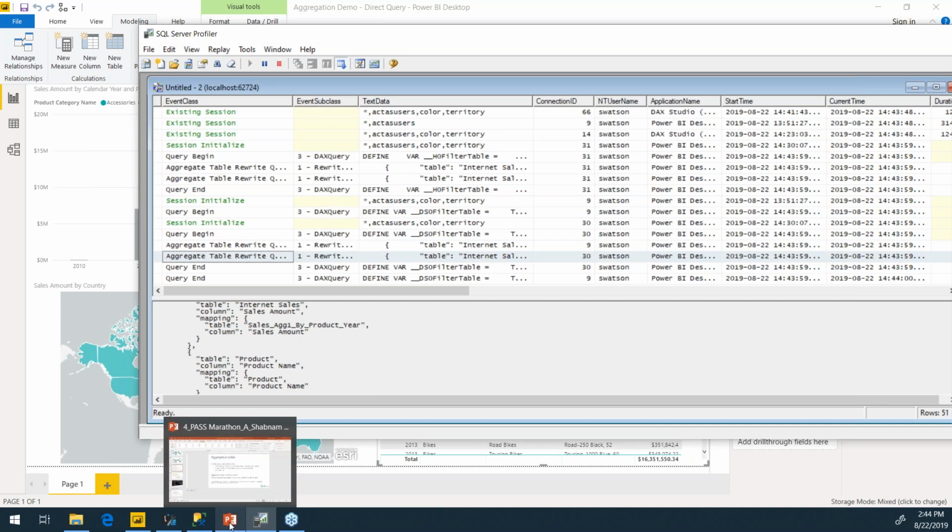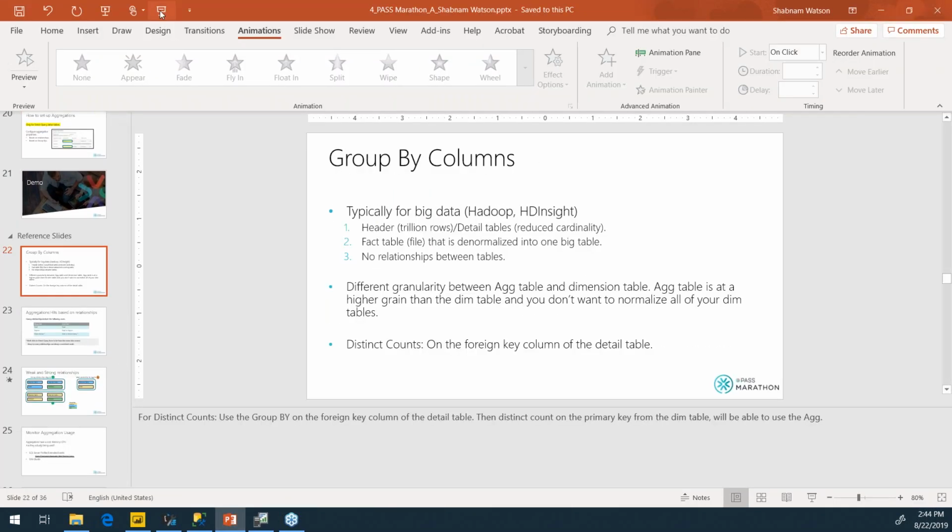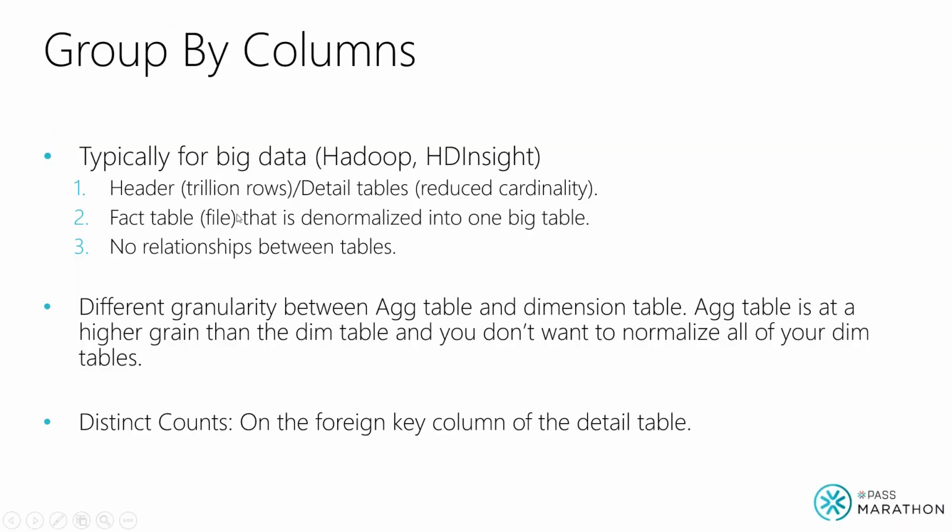All right, so let's go back real quick because we want to have a few minutes left for questions. All right, so we talked about the group by columns, that you can use them for scenarios when you don't have any relationships. You can use them when you're trying to help the distinct count calculations.